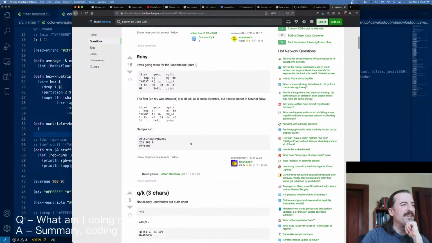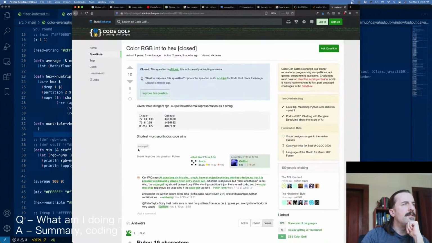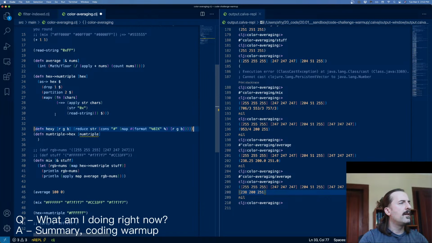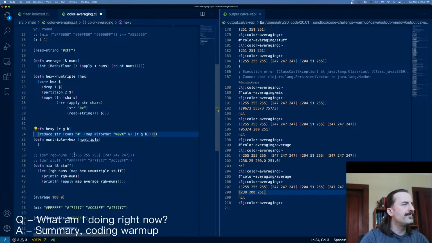We're so close. I'm just going to keep on going and finish this. Clojure, 76 characters. Here's that format thing again. Cons with a hash, the result of mapping over each of those colors and calling format on it. I'm not too proud to just copy this. Reduce with the string function, all that stuff. All right. So copy this, put num triple right there, and then